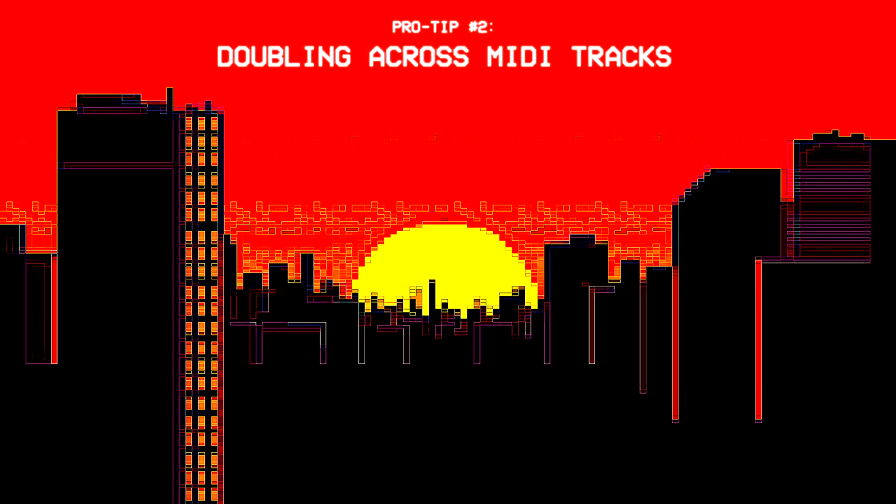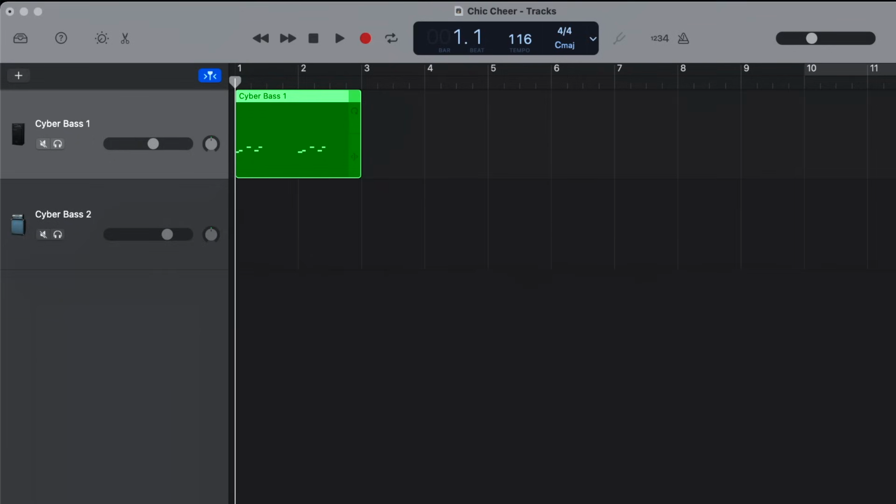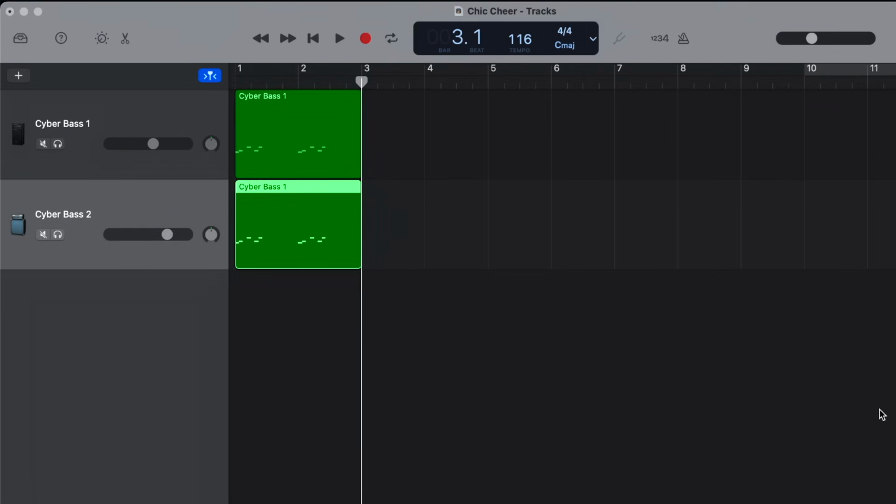Pro tip number 2 is the nice thing about having MIDI programmed parts is that it's easy to copy and paste them. So sometimes I'll exploit that to thicken up my bass parts in particular. I'll start by writing a bass part in MIDI world, just like we did for pro tip number 1. Then I'll copy and paste that part and fly it into a second track that's a completely different GarageBand bass